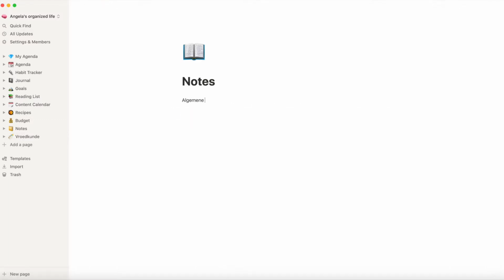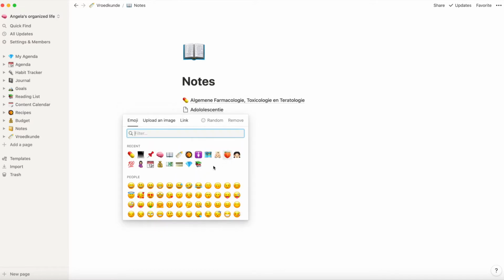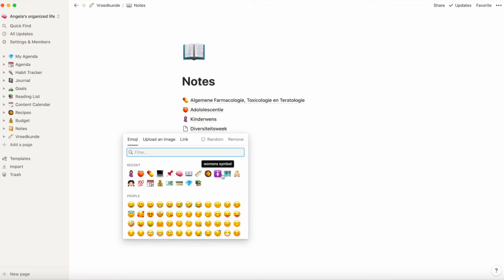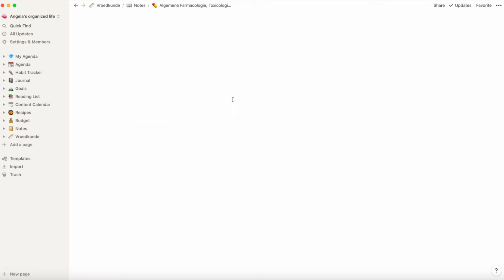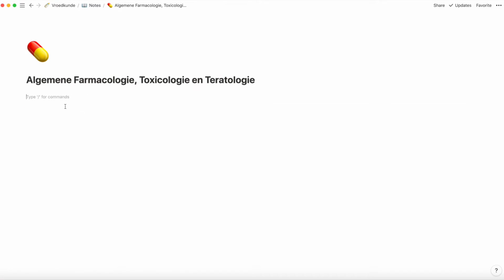Inside my notes page, I'm going to make a list of all the courses I'm taking this semester. And turn it all into pages and give them all emojis, of course. The thing I love about note-taking in Notion is that I can make a toggle list, which I find super handy.